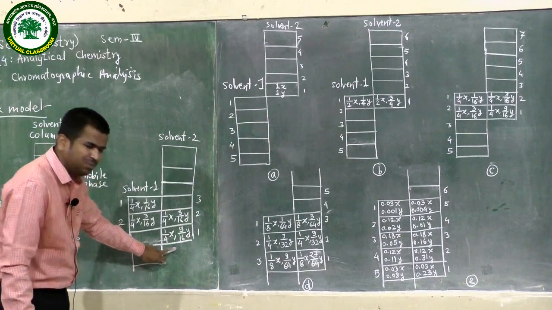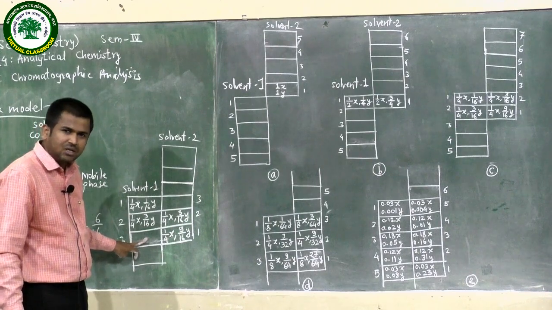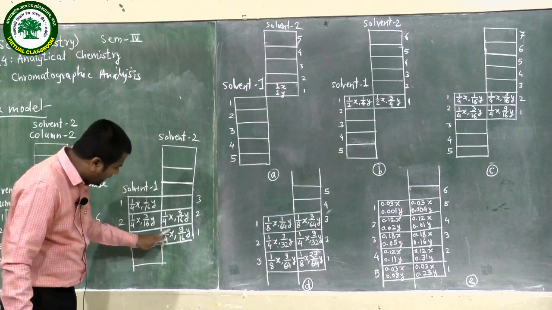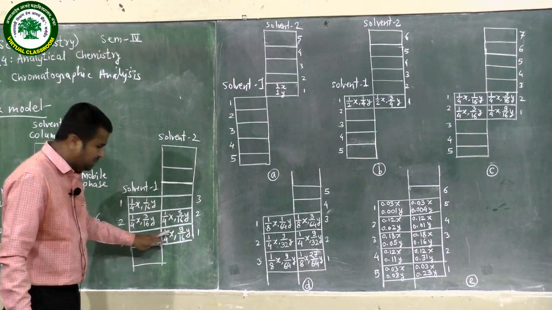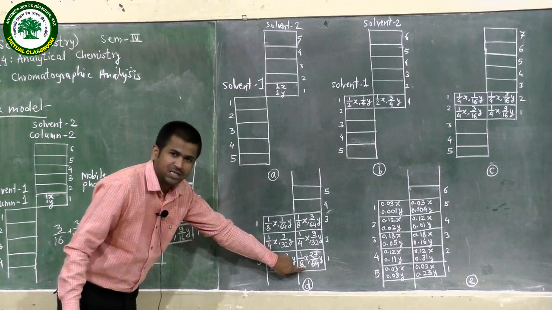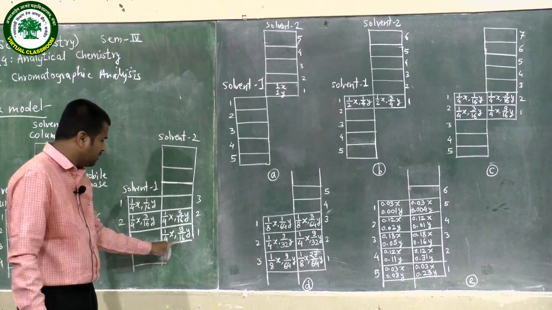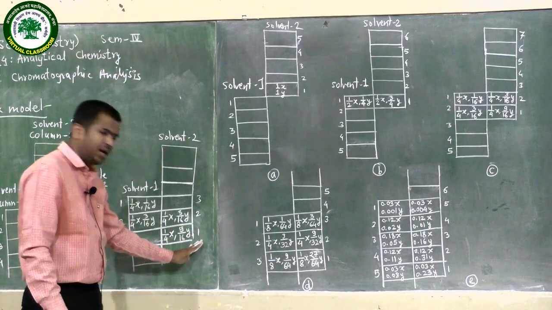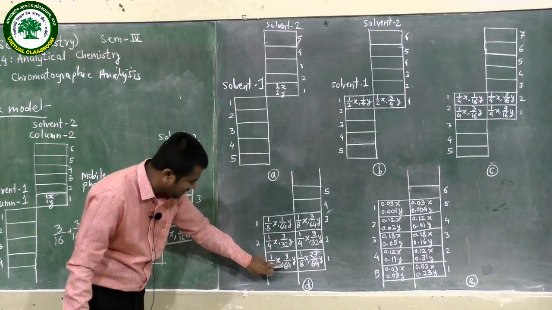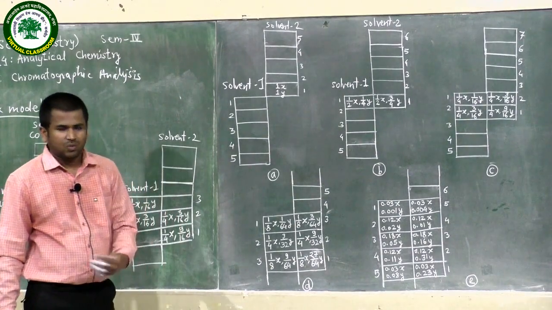Similarly here, 1 by 4x is here, and in front of that there is a fresh layer, a new box for redistribution. So 1 by 4x distributes as 50%, 1 by 8x here and 1 by 8x here, and this 9 by 16y distributes 75% remaining in solvent 2 and 25% going in solvent 1. So the distribution that takes place is 9 by 64y and 27 by 64y.